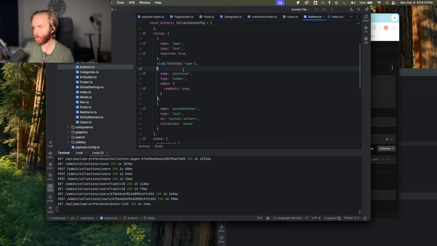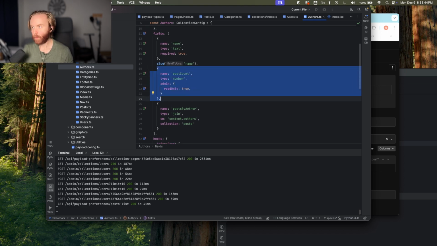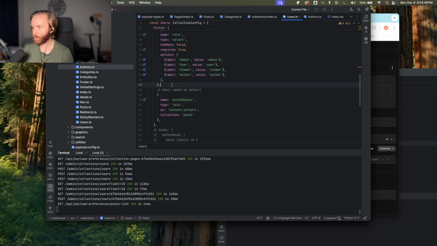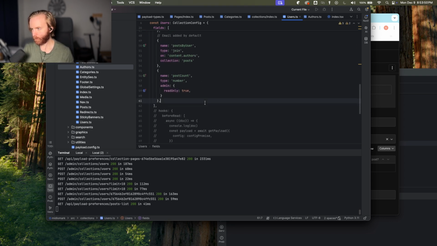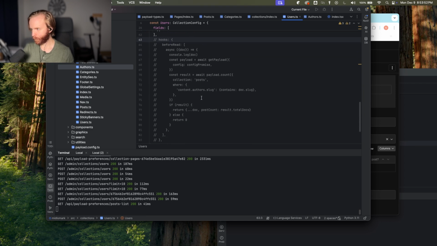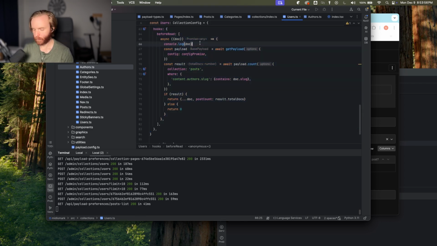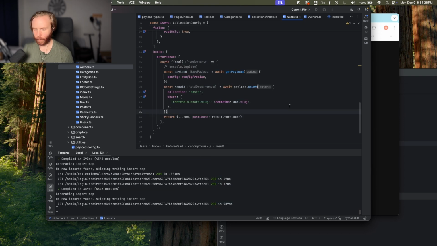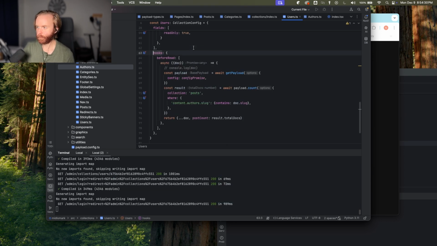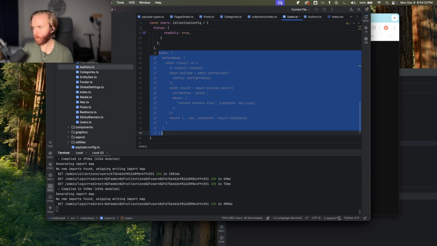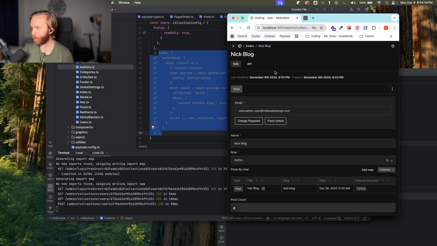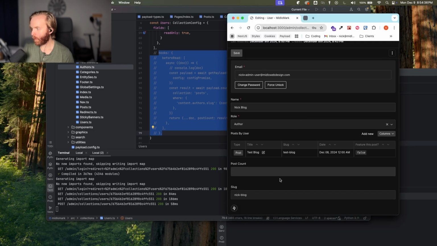Oh, I wonder, because I should have a post count number, which I did not include back here in the users. So we're going to do that under here. And then all of this should be good. We don't need to log this again. Oh, I remember what I was doing. So let's get rid of this hook. Let it log me back in. And then